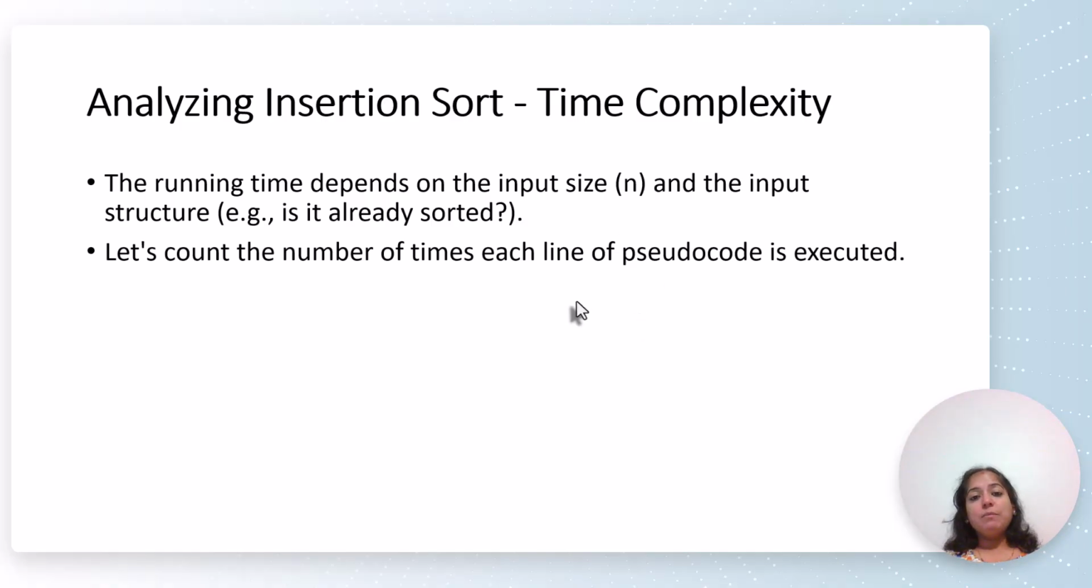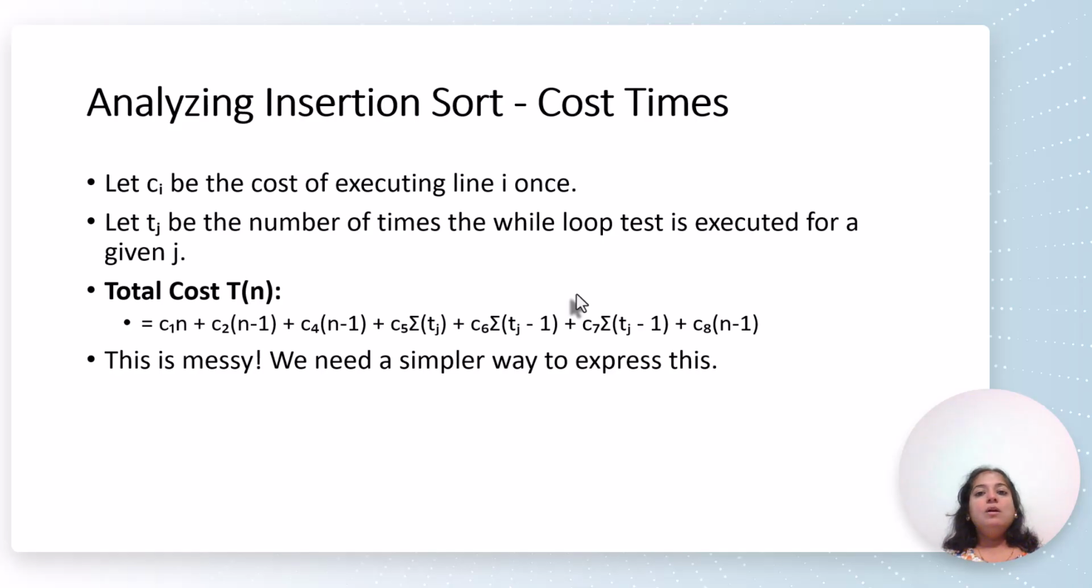So let us count the number of times each line of pseudocode is executed. Let Ci be the cost of executing line i once. That means if we are at line i, the cost of executing that line i is Ci. And let tj be the number of times the while loop test is executed for a given j. Right? Just for example,